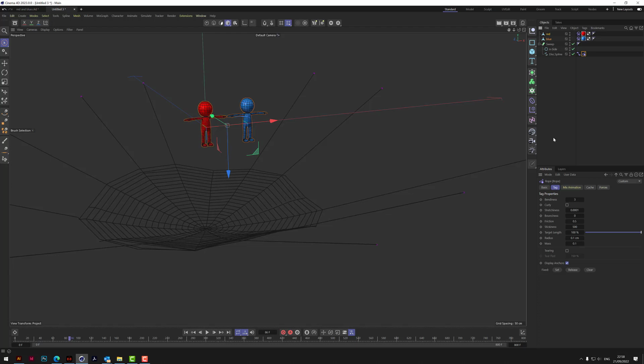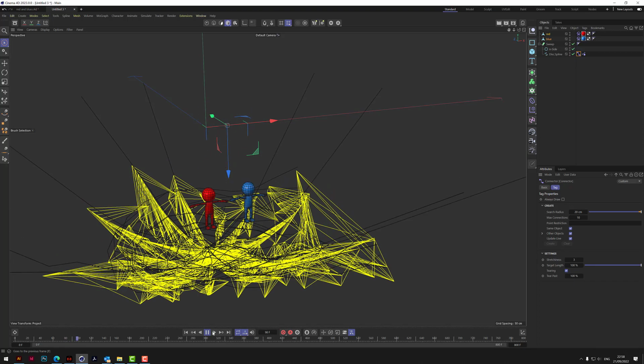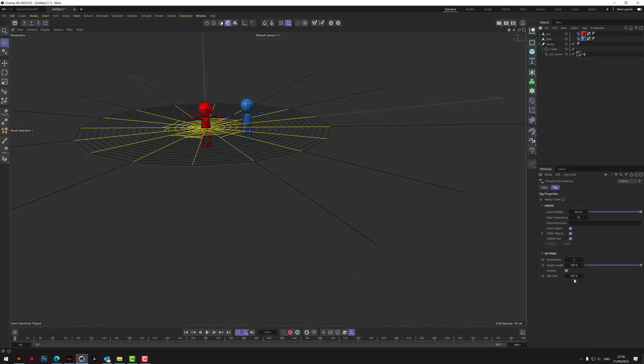So let's just see what happens, because we have got this tearing set up on the connector that we put on there earlier at 150. Now, let me just explain this. If you put in 100, it will break immediately. Let me just show you that. Let's just put in 100 and press play. Okay, the whole thing just crashes out of the scene. If we then go back there and we put in 200,